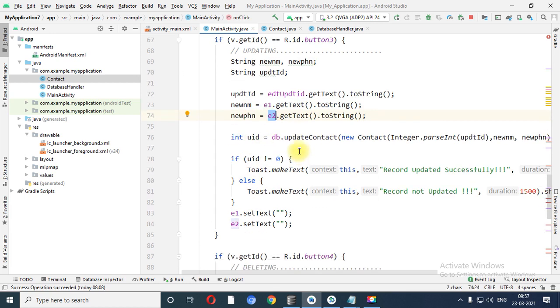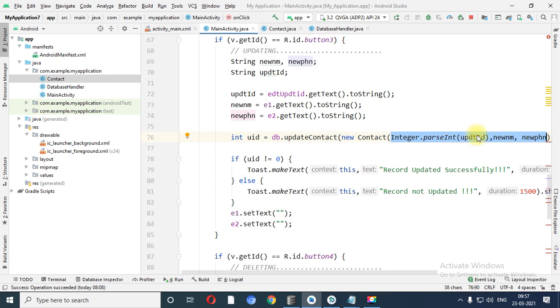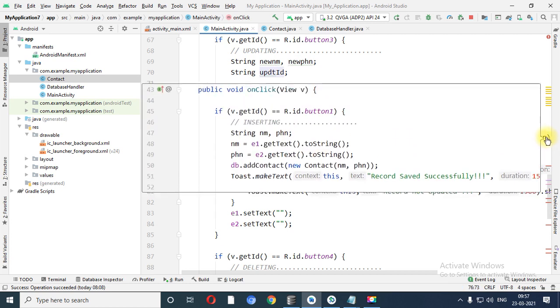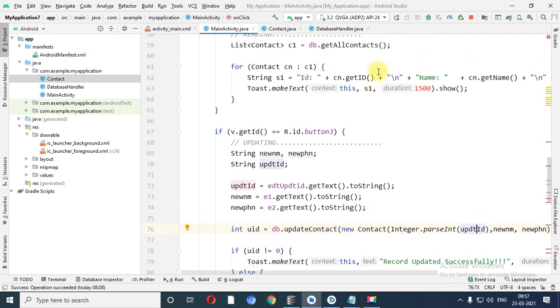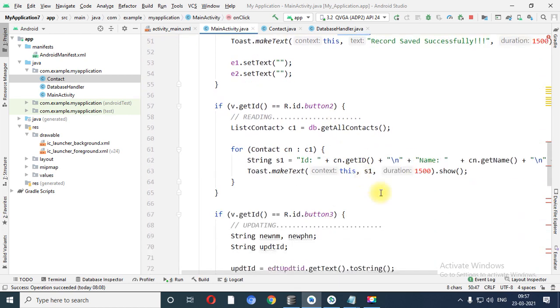Now see, the following code is declared inside the database, but before calling it, it will call the 3 argument constructor. Why? Because I need to specify the ID, which record I want to update. So over here I have called the 3 argument constructor. In insert I have called the 2 argument constructor because the record ID is automatically incremented in the insertion.